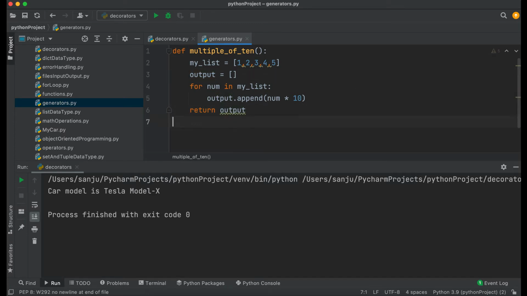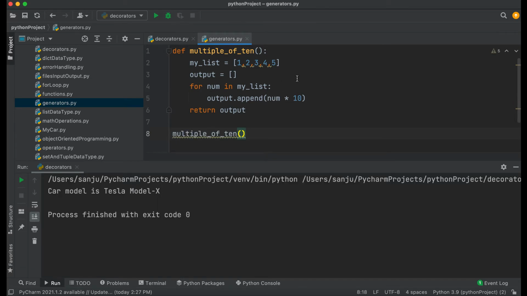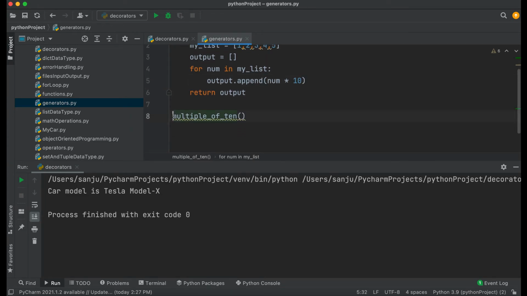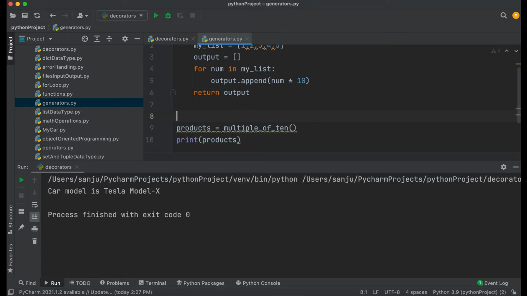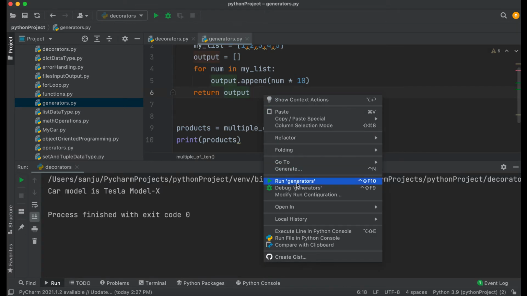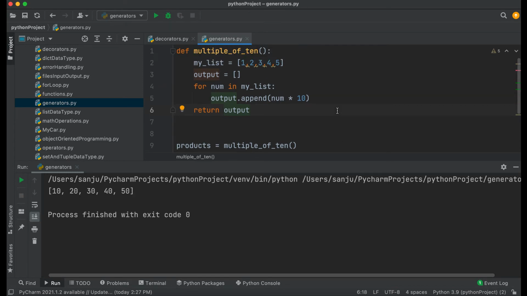So let's execute this method and we'll see. When we use the multiple of 10, puts it in a variable, and then let's print the products. Okay, so let's execute this. As you see here, it returned the output of 10 20 30 40 50, but the problem here is